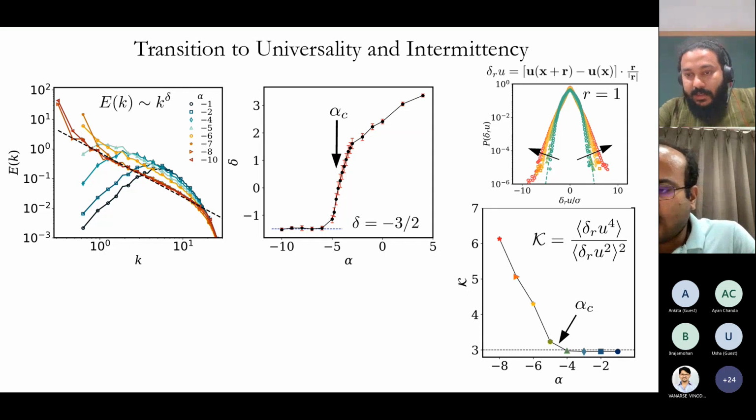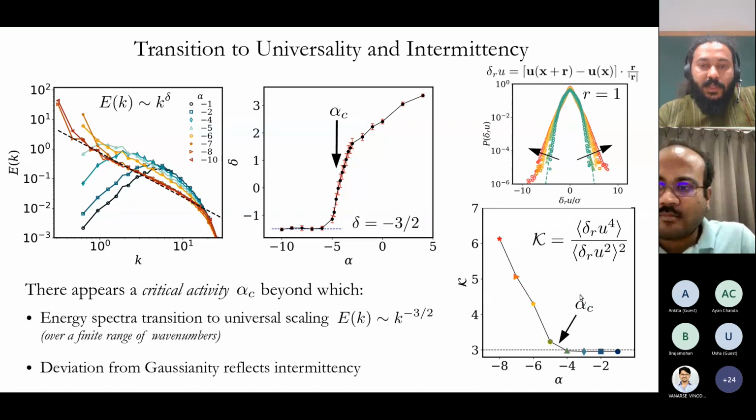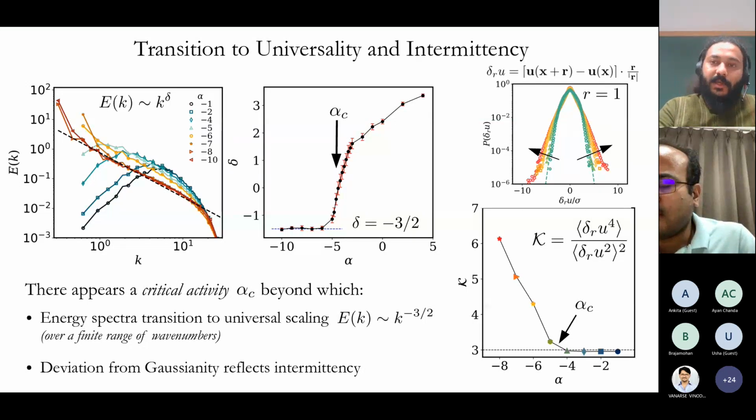And here what you see is that, again, this alpha_c, a critical activity, shows up, to the right of which everything is Gaussian, and to the left of which things start becoming non-Gaussian. So just to summarize this slide, we clearly see that there is a critical level of activity beyond which we have universality in the energy spectrum scaling, and we have intermittency. So then we move on to the next item, which is